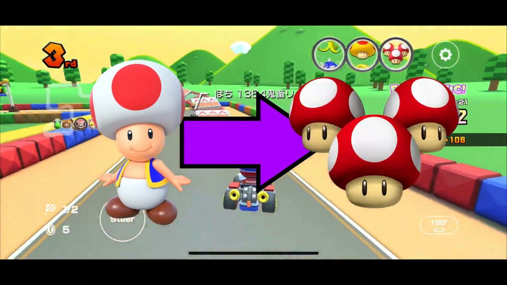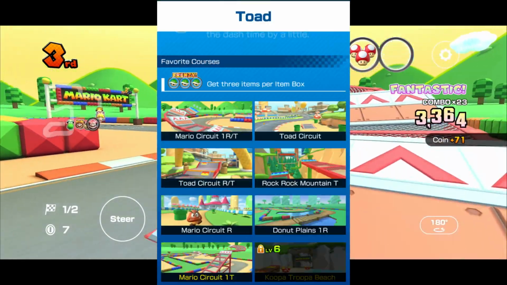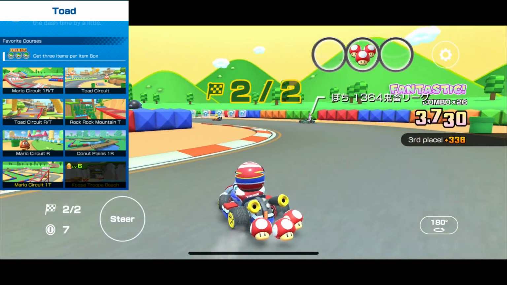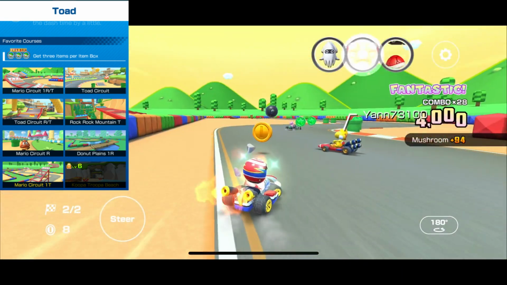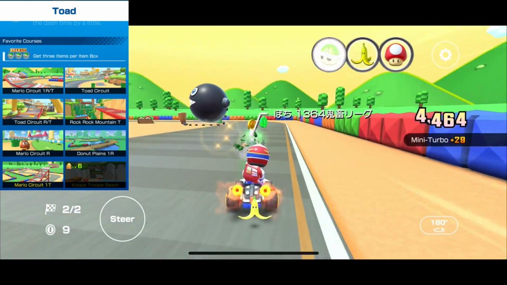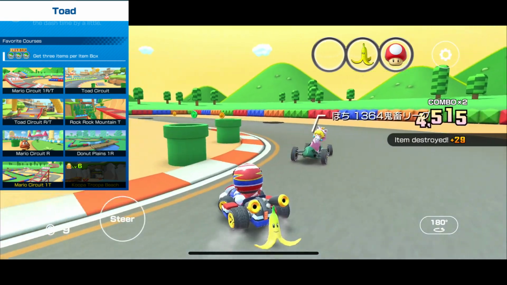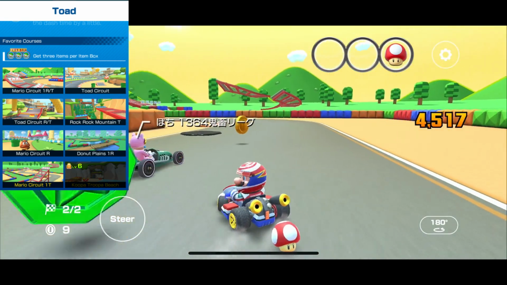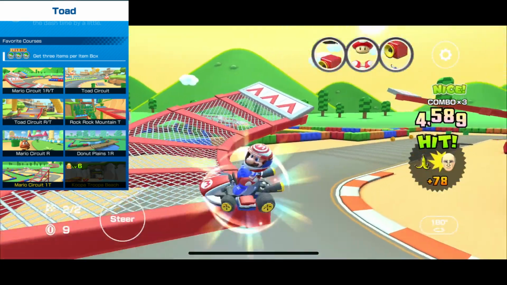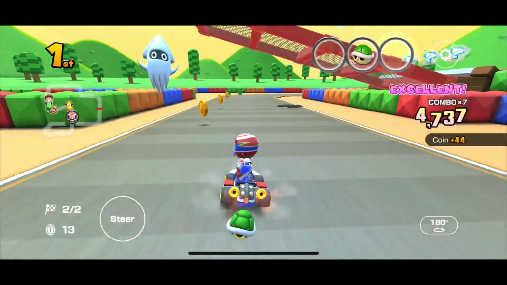Next up is Toad. Toad has the triple mushrooms, having only 8 top shelf courses. Triple mushrooms aren't that great of an item, even though it triples your speed. However, if you get hit by an item while using the mushrooms, your mushroom boost will be nulled. Plus, some of these tracks aren't that great for grinding combos, so Toad will be going into the C tier